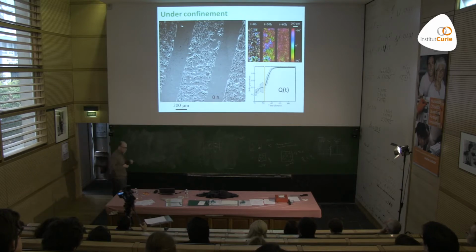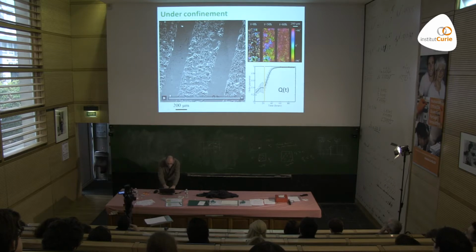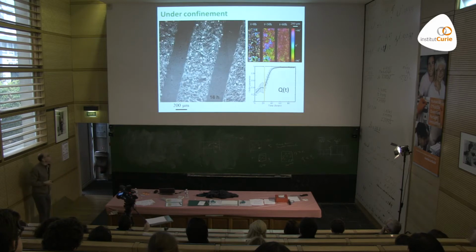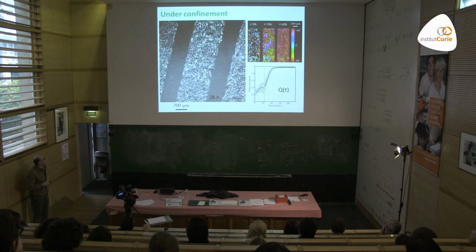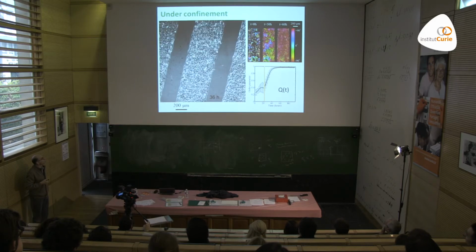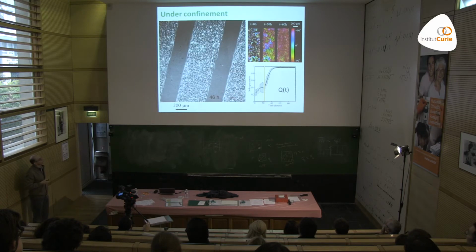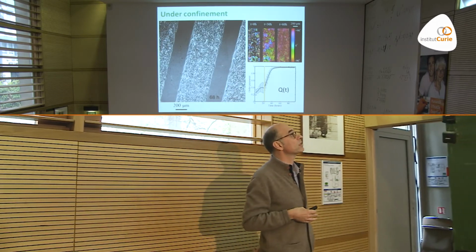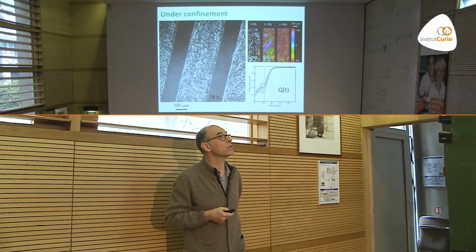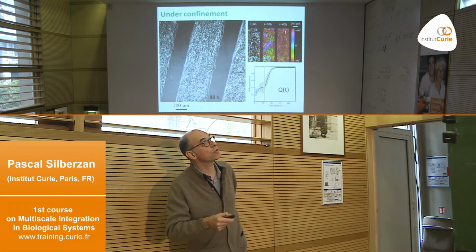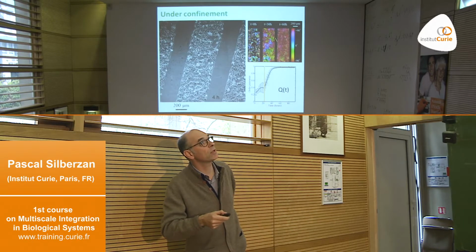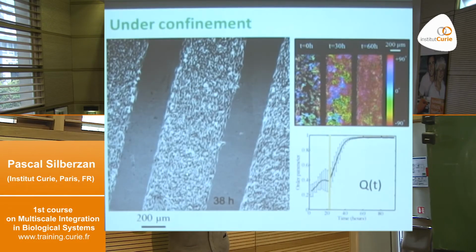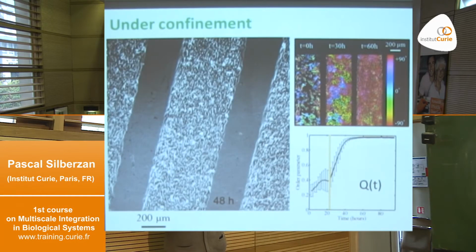We can pattern the surface. So that's what happened when we pattern the surface, and we try to grow these cells within these stripes. And what you're going to see here is that progressively they orient into the expected direction, just by following the recipe that liquid crystal people told us. The color code shows you that after 60 hours, you're completely oriented in that direction. And if you measure now the other parameter over this population,